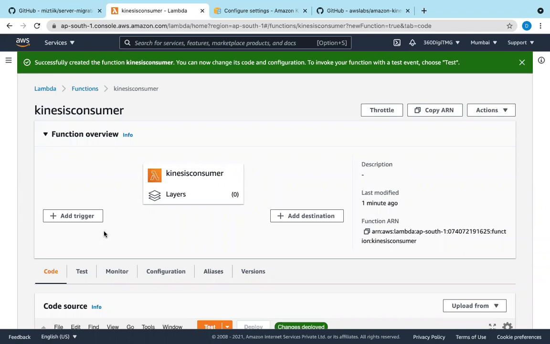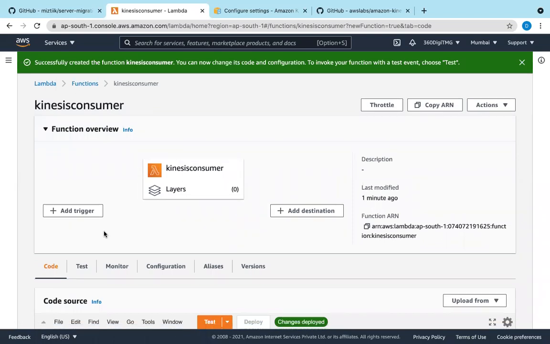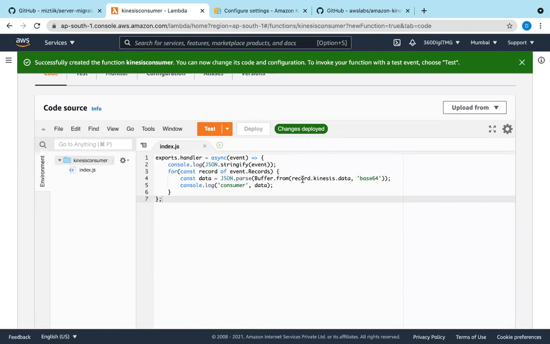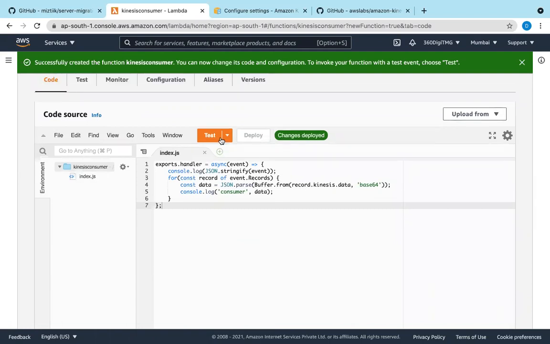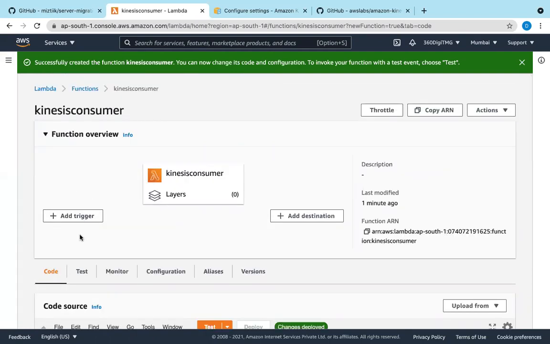Then we have also created a Kinesis Firehose, which writes these .txt logs into another S3 bucket. And we are also creating another Kinesis consumer function, which gets record values from Kinesis when data is coming into the Kinesis.